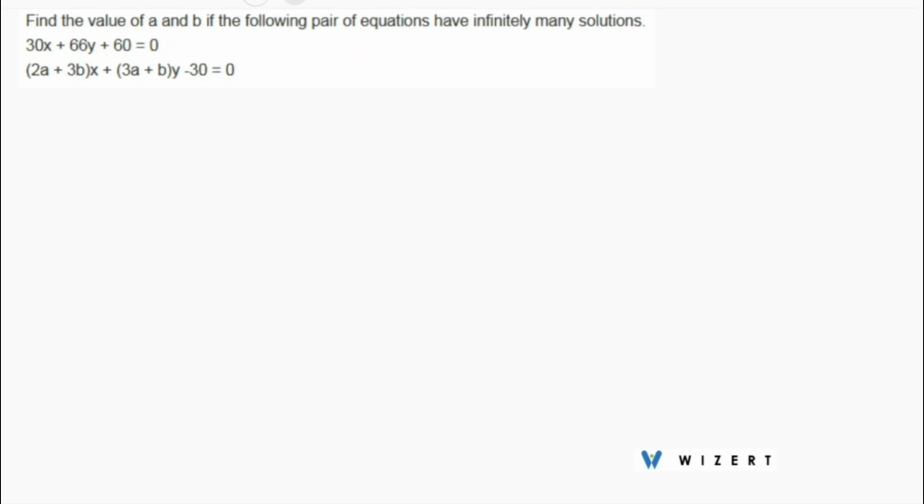We have this question here. Find the value of a and b if the following pair of equations have infinitely many solutions. And we are given these two equations. Now, for two equations,